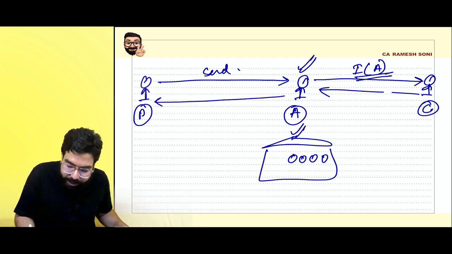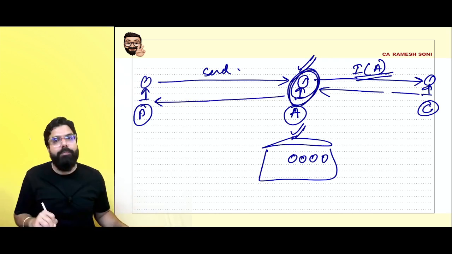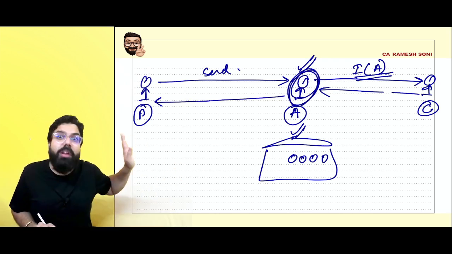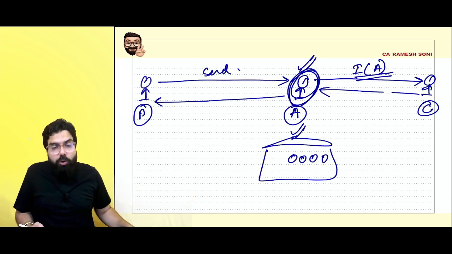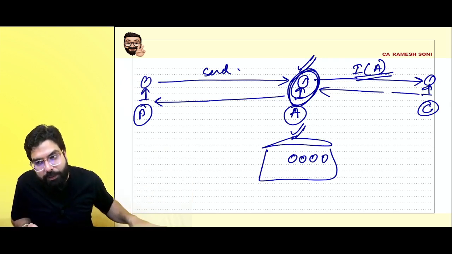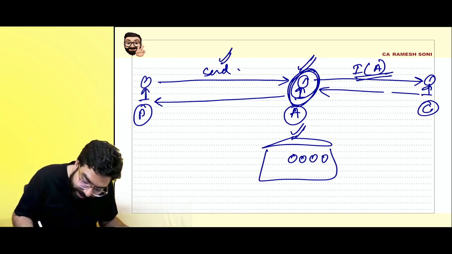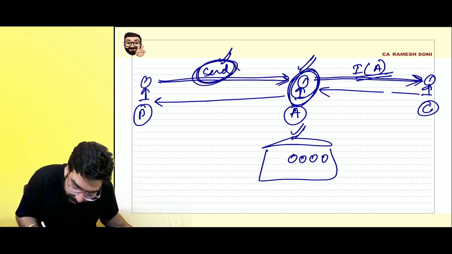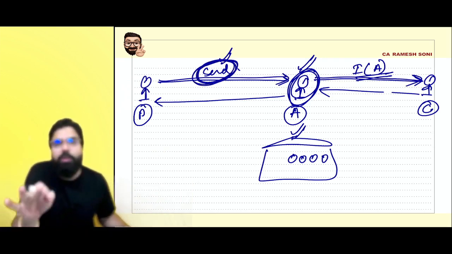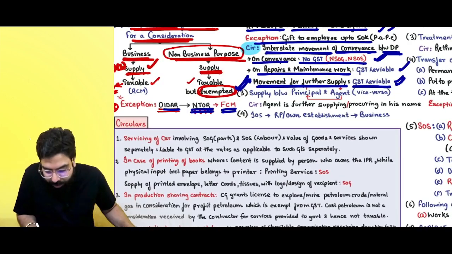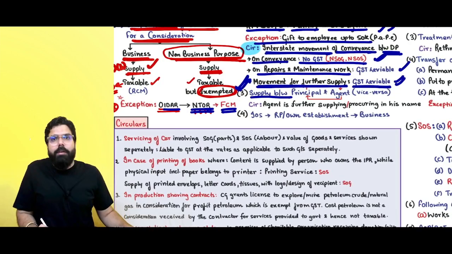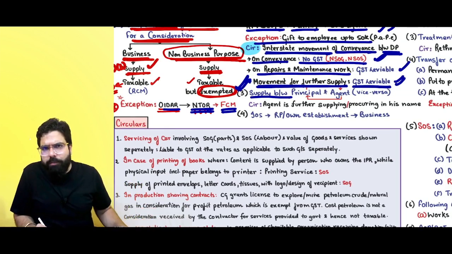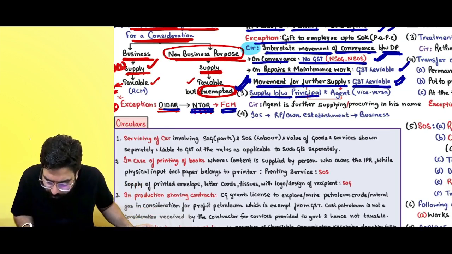transfer. So what they are telling is, this kind of agents who are issuing the invoice for the further supply in their name are those agents which are covered under section 7.1c, and the sending of goods for further supply by the agent, when you are transferring or sending the goods, that is also a supply. That is what is being told over here. Supply between principal and agent